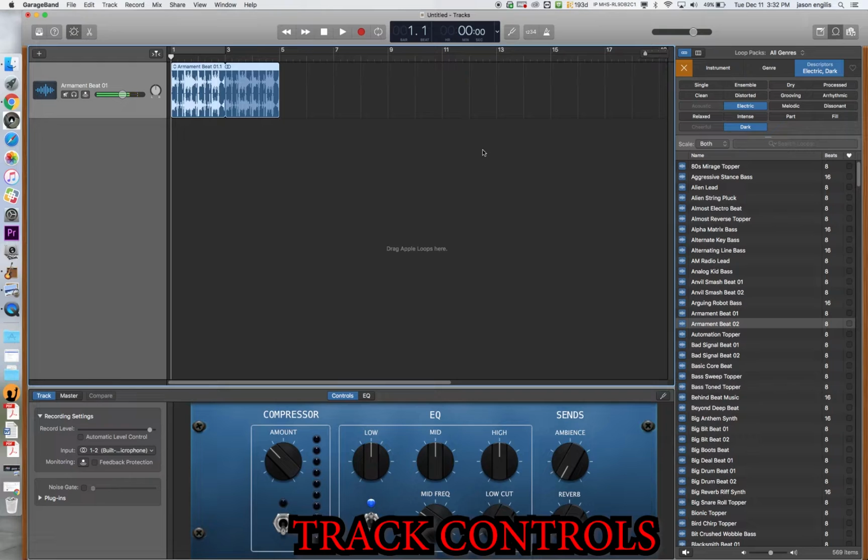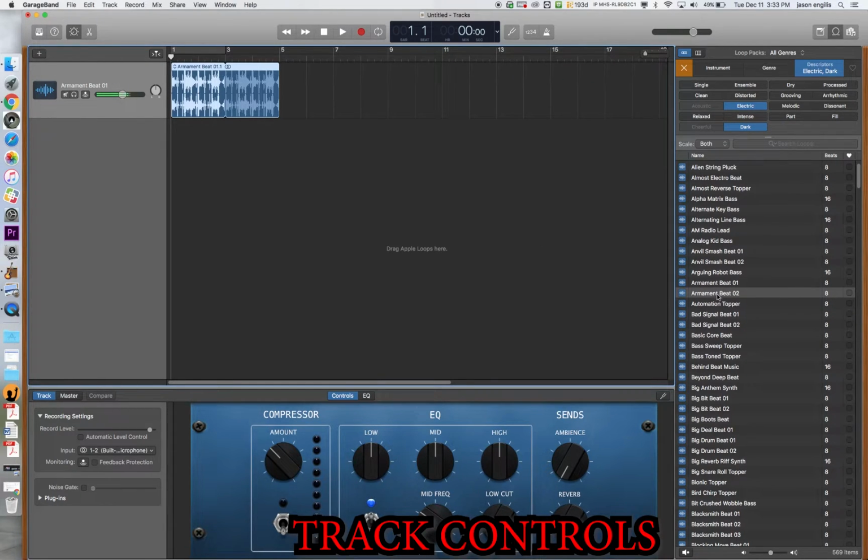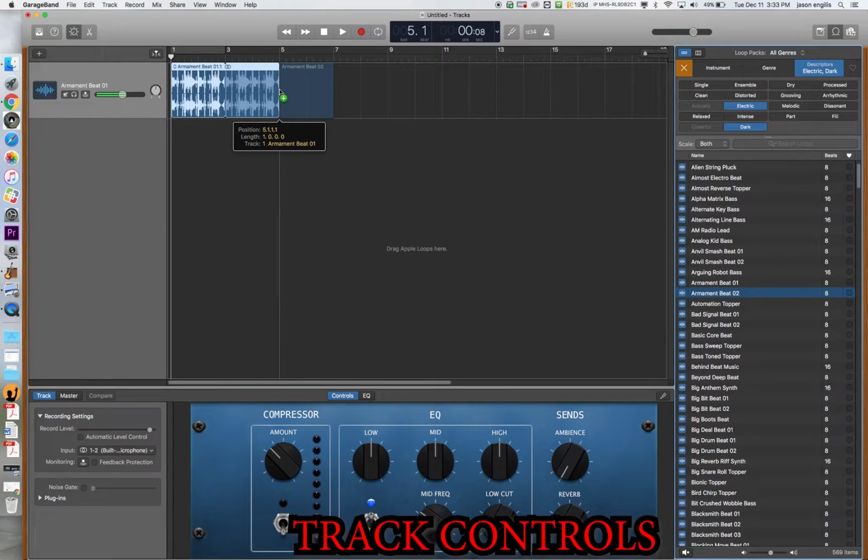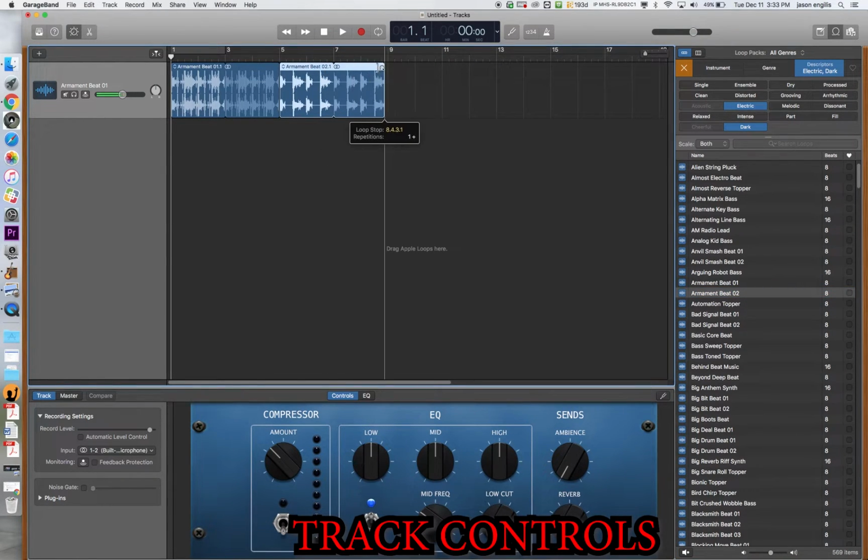Couple of techniques, just quickly. If you're putting together a song, you probably want to use more than one track. And if I've got this track as kind of my beat track, I'm going to put beat 2 somewhere right here so that there's a transition, so that the music is changing throughout the song. I want to go from beat 1 to beat 2,